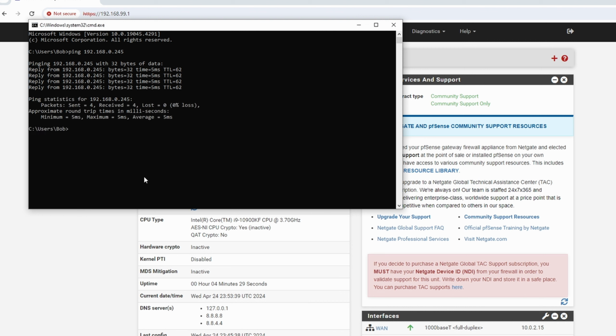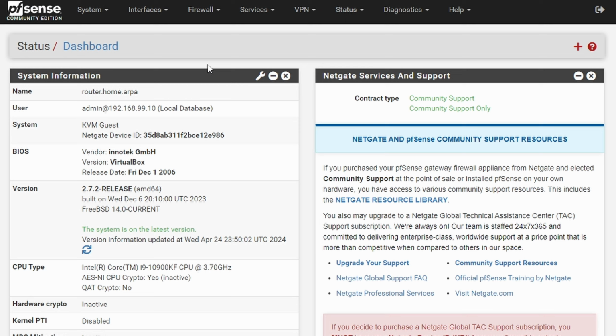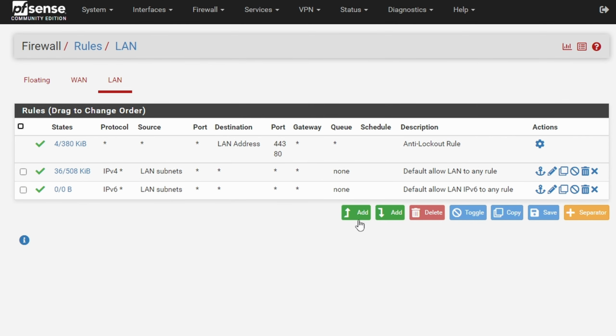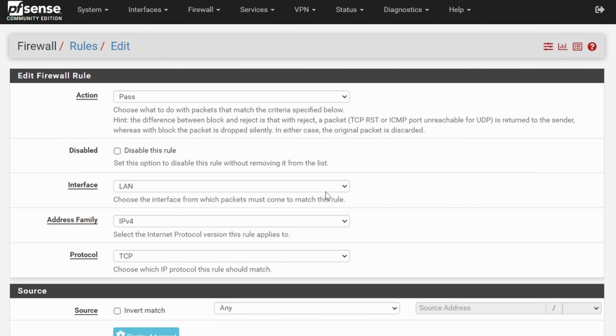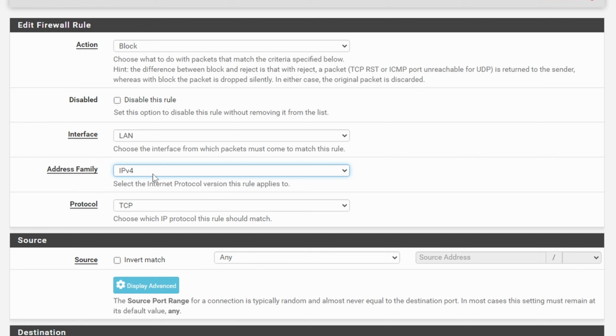So what I need to do is tell pfSense not to route any traffic to my private network that resides at 192.168.0.245. So let's go in here, and what we're going to do is make a firewall rule. So we go to firewall and rules. This will be for my LAN. I'm going to click on new, and I want it to be at the very top so it prioritizes it first. I'm going to block any traffic that's coming from the LAN on IPv4,